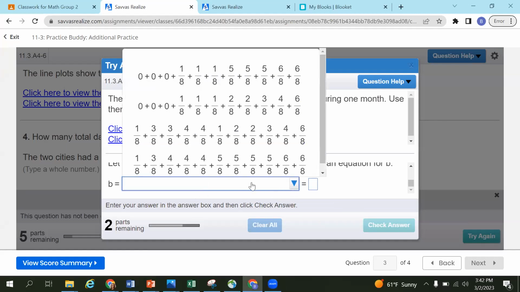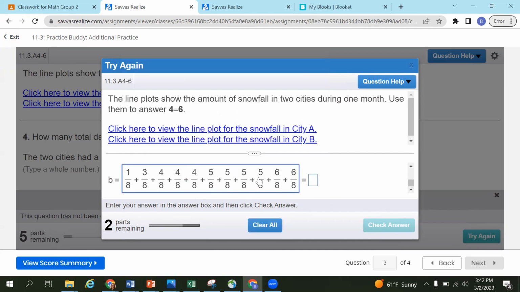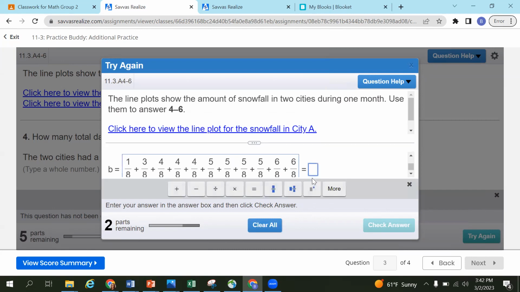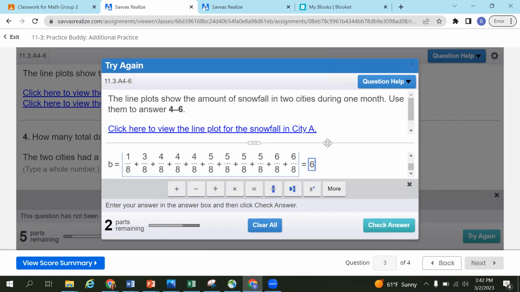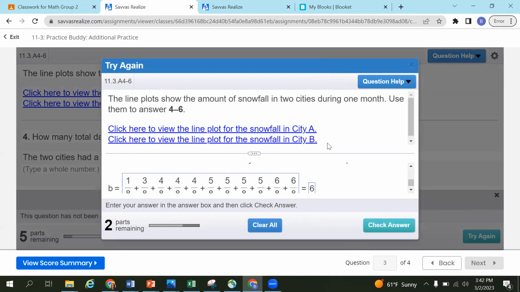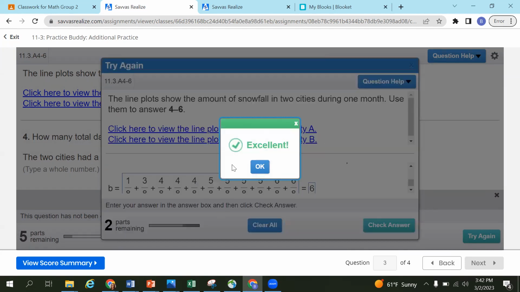Okay, so you're looking for the one that's 1/8 plus 3/8 plus 4/8. Okay. So just the bottom one there, and then it equals 6. You can do 48/8, but it divides to 6. So go ahead and